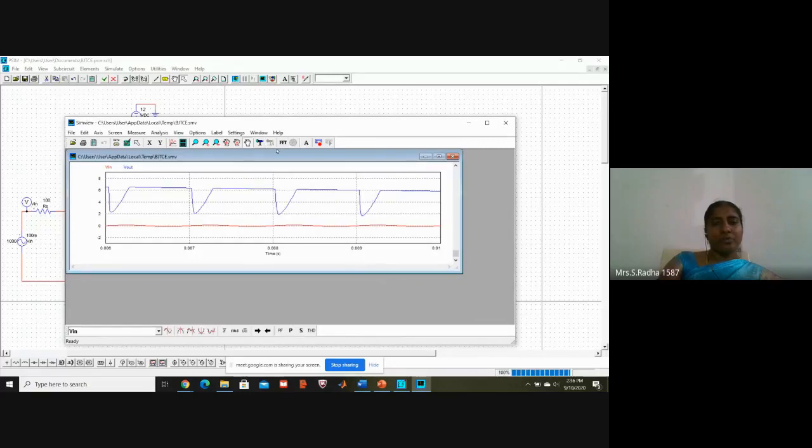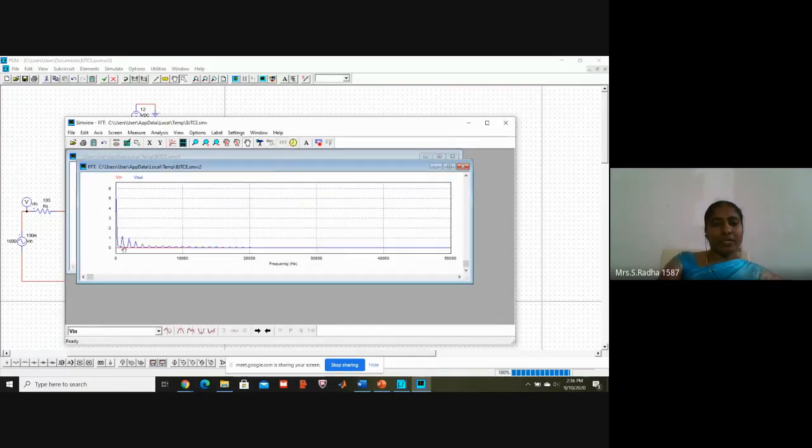Okay. This is about frequency response. If you click this FFT, you can see here, this waveform is the frequency response for the present circuit, input given, output obtained. Okay. If you see, the graph is more in this region, so I will try to minimize. I will try to fix the graph between 0 and 1000. Let me check once.